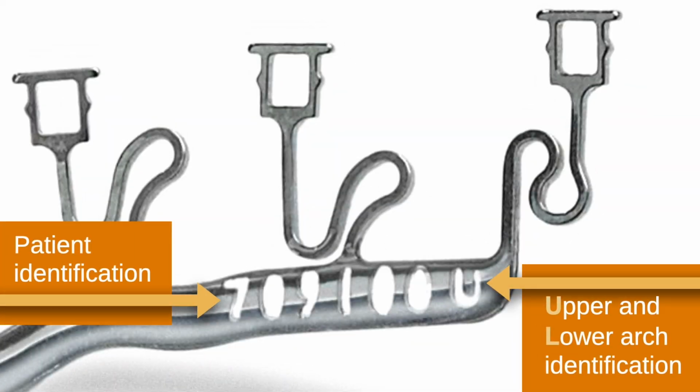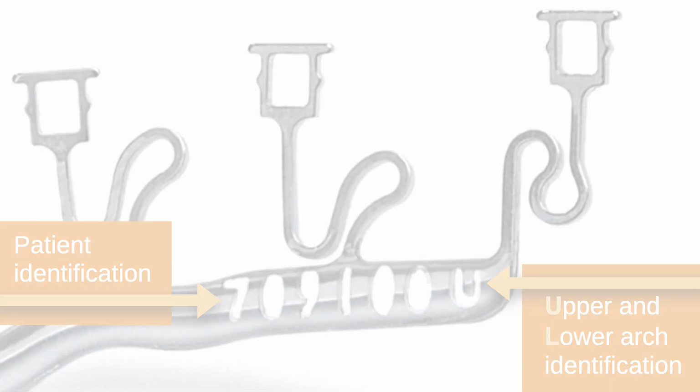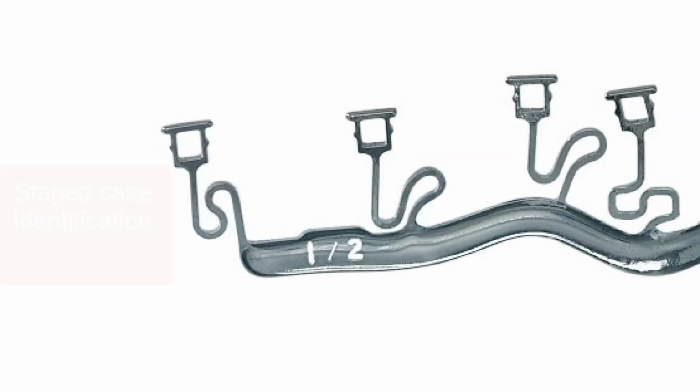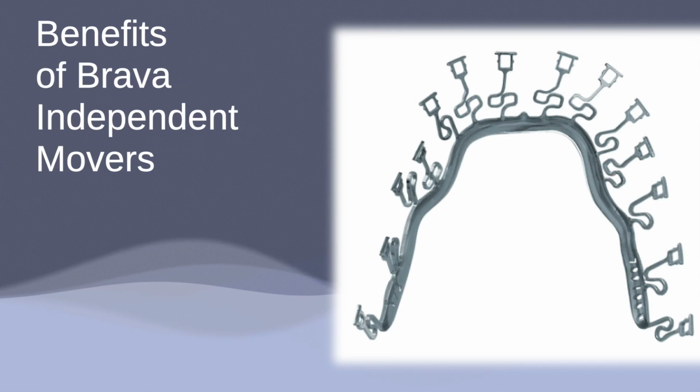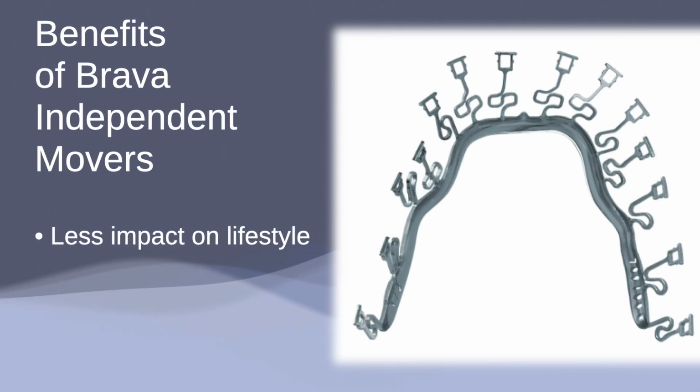Patient identification is denoted on the anchorage base of each Brava to avoid mix-ups. For more complex cases with 2 stages, marks are placed on the anchorage base to identify the first or second stage. Not only do Brava Independent Movers straighten teeth independently and simultaneously, they work 24 hours per day with minimal